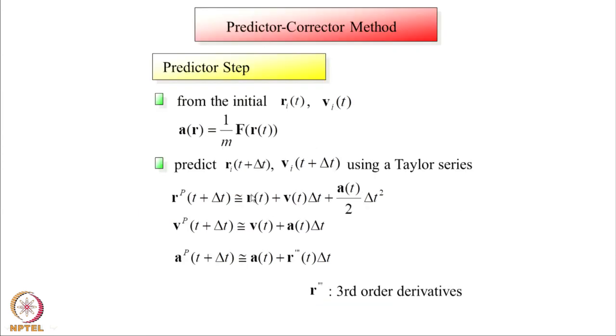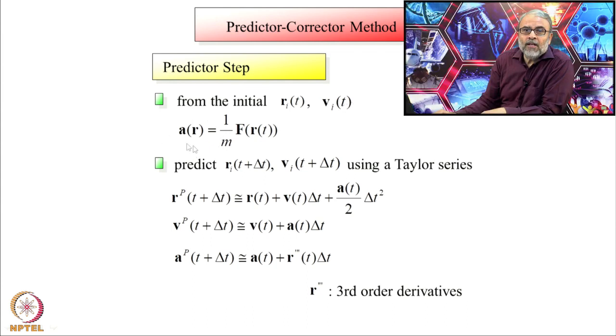So, now coming to the predictor corrector, I have initial position, initial velocity, I calculate the initial acceleration. How do I calculate the initial acceleration? Calculate the force divided by mass, that is my initial acceleration. So, once I know the initial acceleration, I can predict new position and new velocity using a Taylor series. Okay. Here there are no corrections in the slide. In the previous slide, I did not write velocities and acceleration properly. This is better here. Predicted position at t plus delta t, current position plus velocity into delta t plus acceleration at t into delta t square.